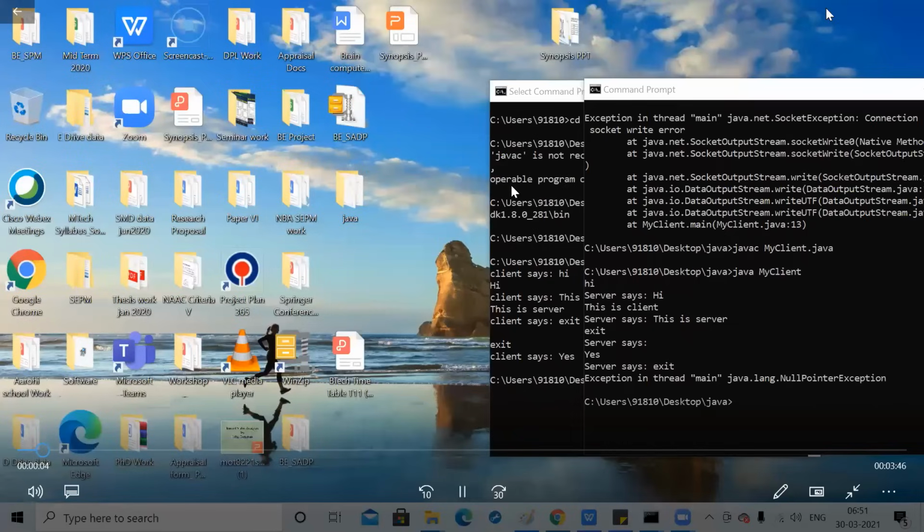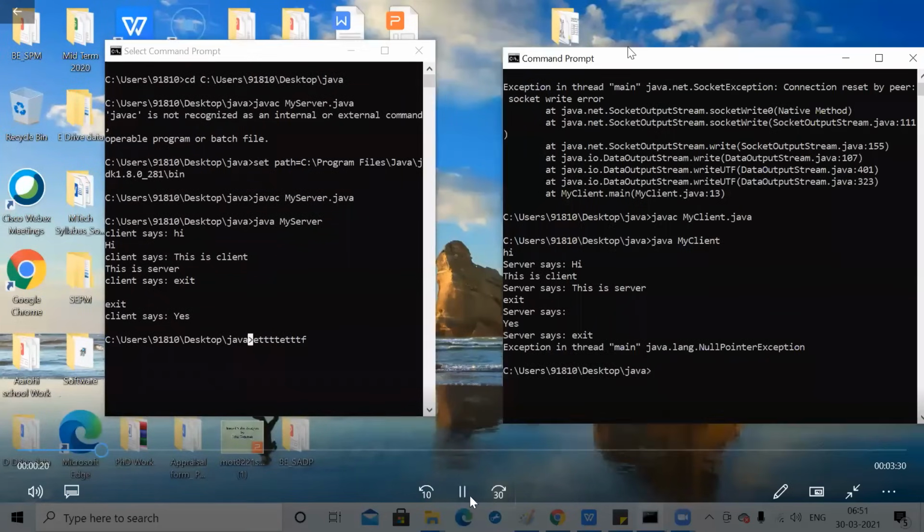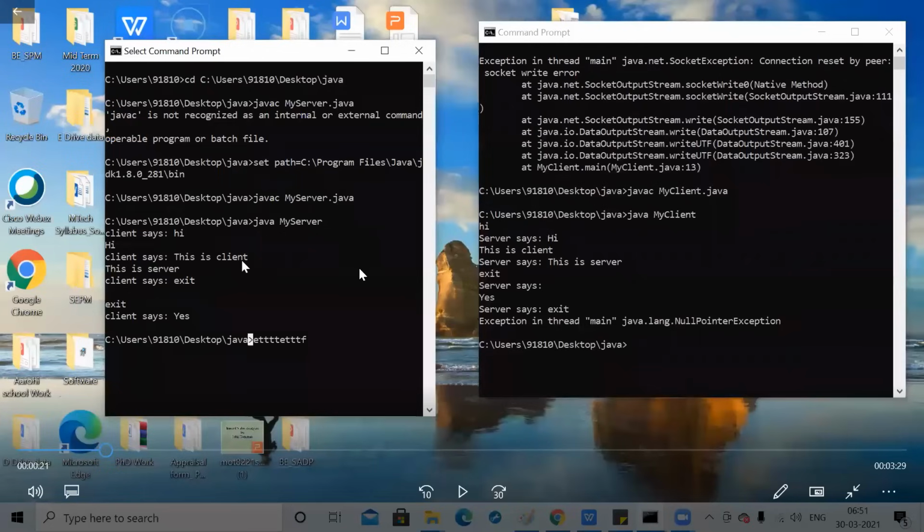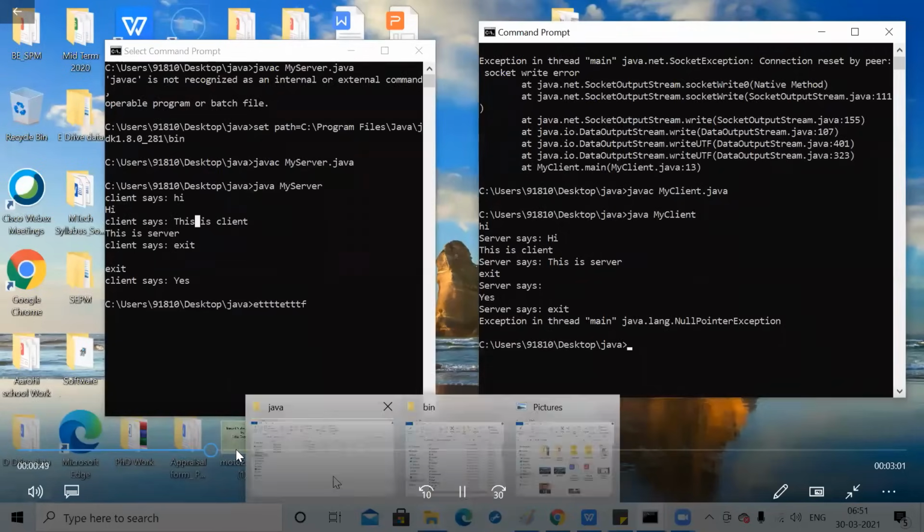First, you have to run the server, then you have to run the clients. Can you see the screen now? Yes, sir. I will tell you one by one. Just wait a minute.